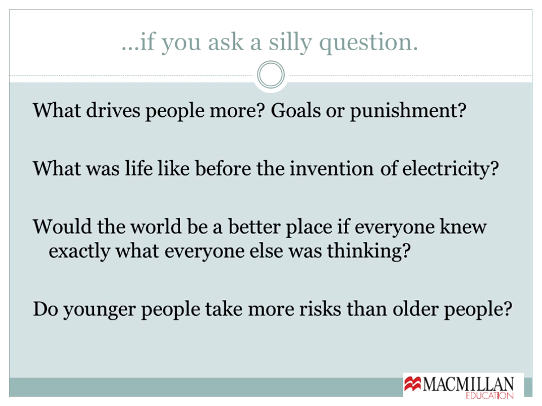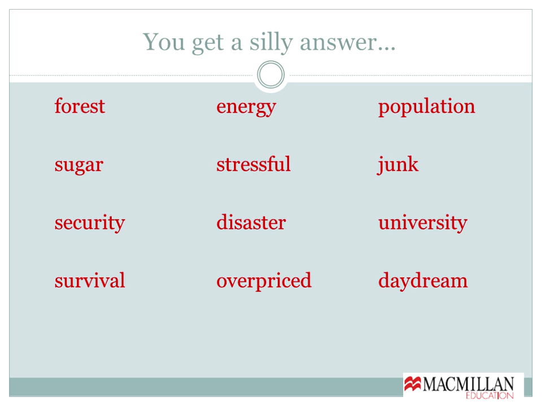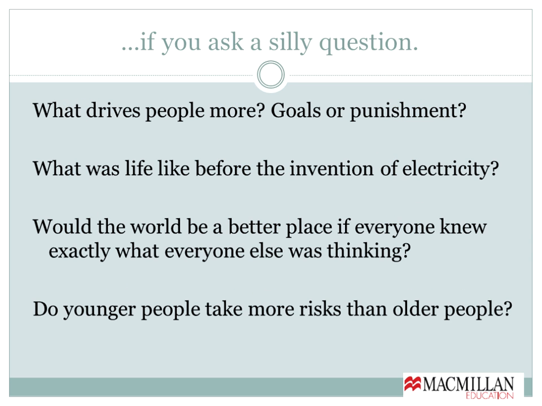So lots of you are saying goals, but you have to justify it using the word that you remembered from here. Overpriced goods. Okay, before electricity, okay. Energy would be manually produced, okay. So don't forget to use the word that you have taken from your vocabulary notebook. Before invention, disaster. Yes, I love that. Okay. So